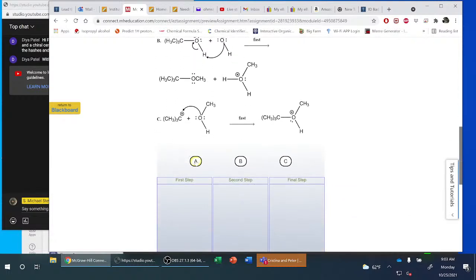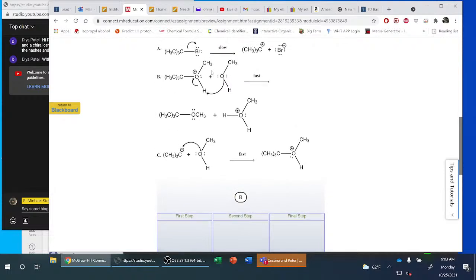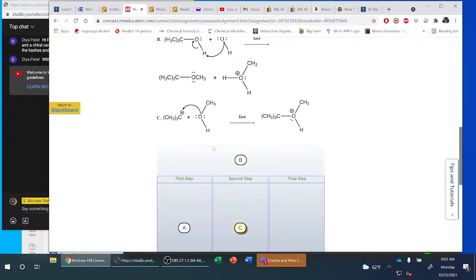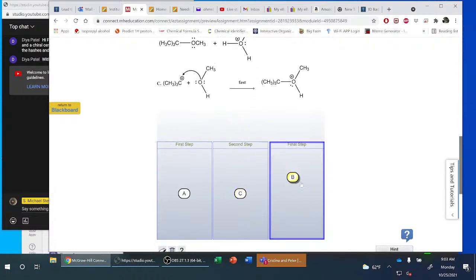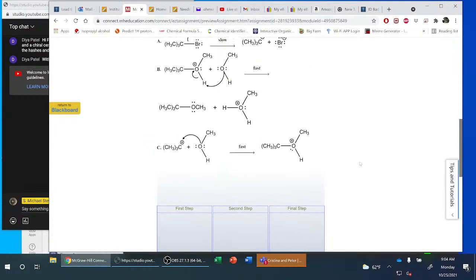So that's the first step. Your second step here is nucleophilic attack of the methanol onto the carbocation. So this lone pair is going to act like a Lewis base. And then your last step here is that we're going to have another solvent molecule of methanol attack the hydrogen that's on the methanol that attacked the carbocation, and this will end up giving us